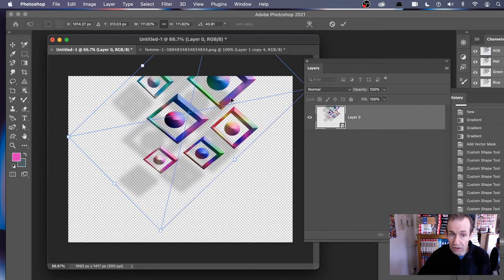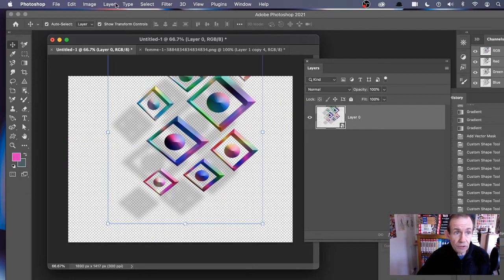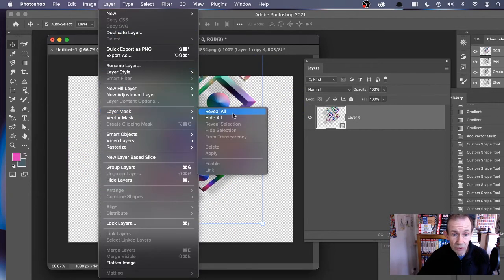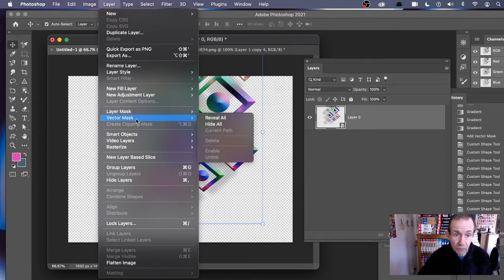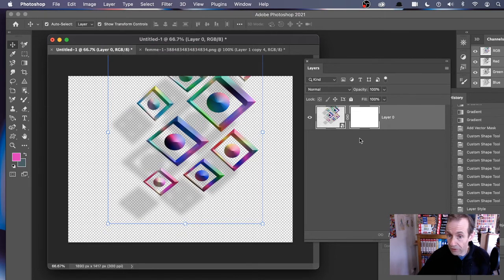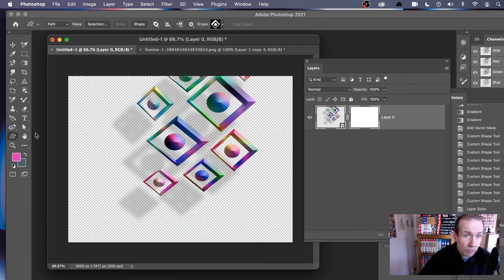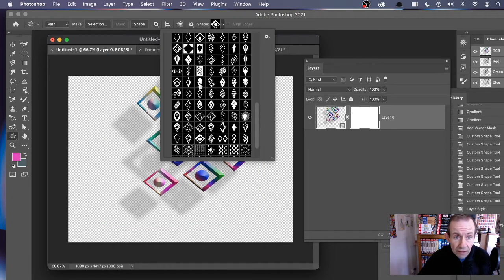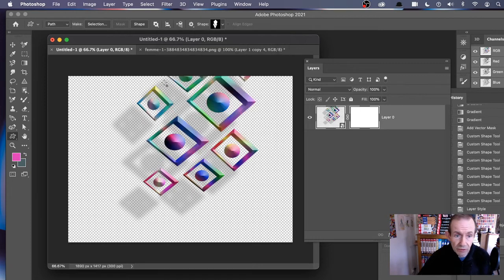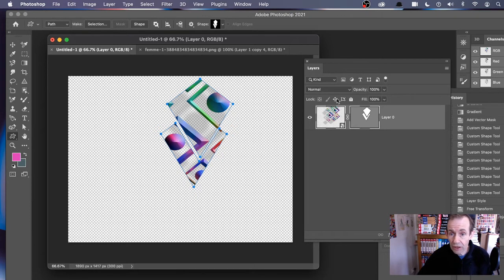Of course, now, once it's a smart object, what you can do, you can, of course, always go to Layer, and again, you've got Layer Mask option, perfectly reasonable. You've also got Vector Mask. You can say Reveal All. Again, you've got your Vector Mask there. Go over to the Custom Shapes, and I'm just going to select Custom Shape Tool, and then go down and maybe select that one. Just select a different one than the one you created, and then, again, always make certain it's path. That's the key thing, path there. And then you can draw that over there,